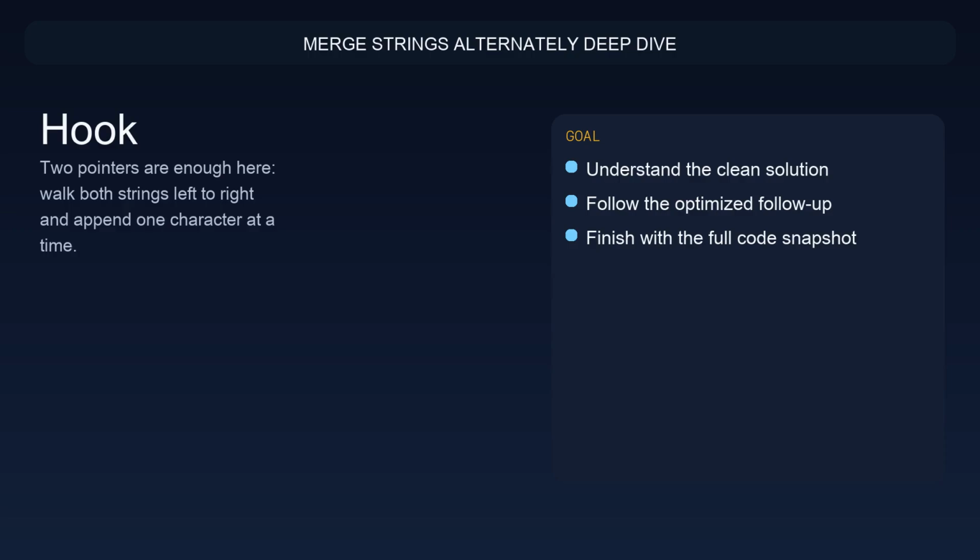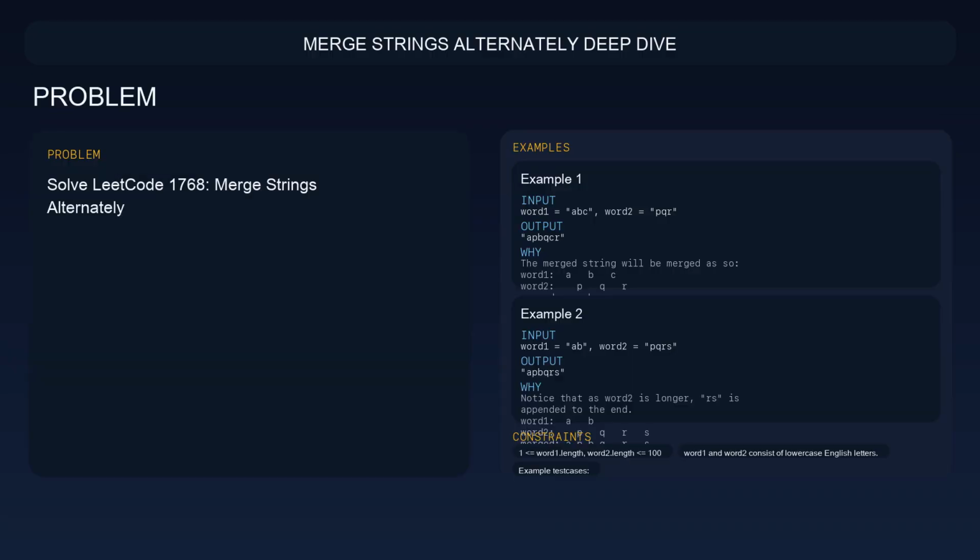This is a clean two-pointer string problem. We keep one pointer in each word and alternate appends until both words are exhausted. We need to merge two strings in alternating order, starting from word 1, and append any leftover characters at the end. Solve LeetCode